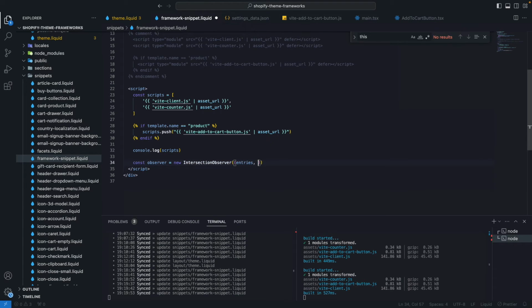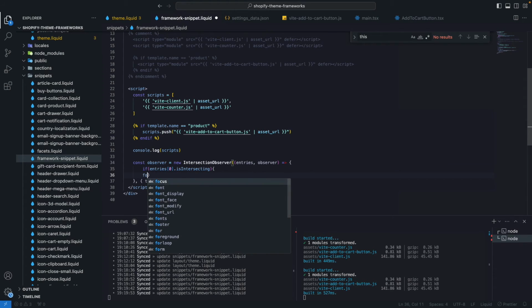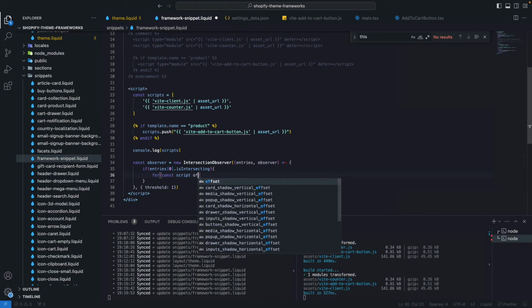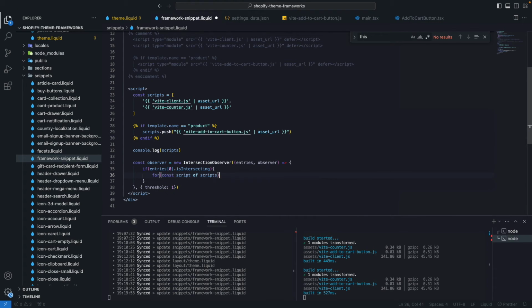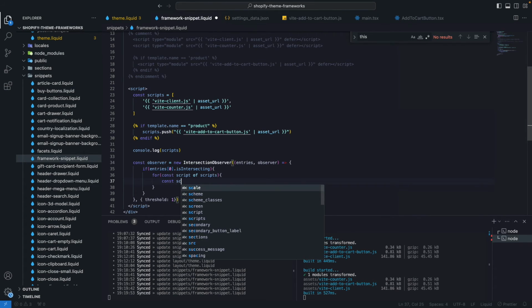This will receive the entries and the observer itself. And we are going to set a threshold of 1, so the element needs to be completely visible. Then I'm going to say if the first entry is intersecting, I'm going to do for const script of scripts. So for every script in that array, I'm going to create a script element